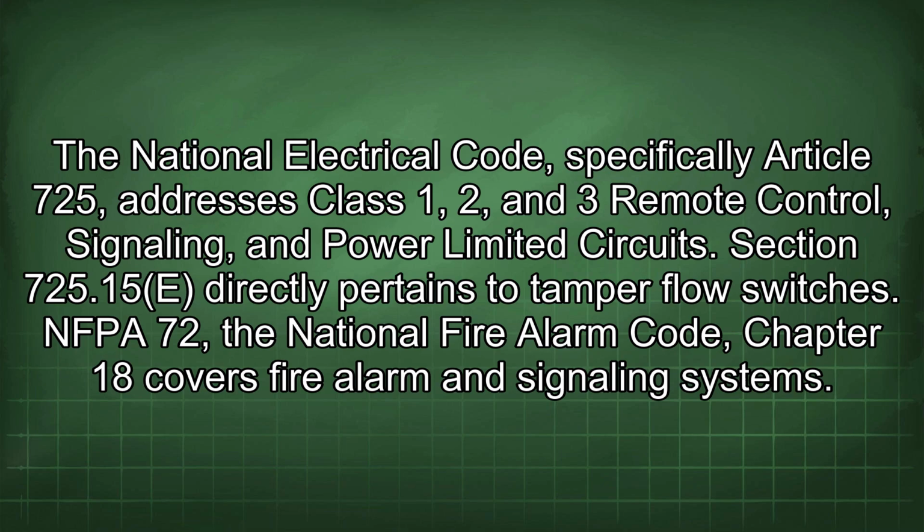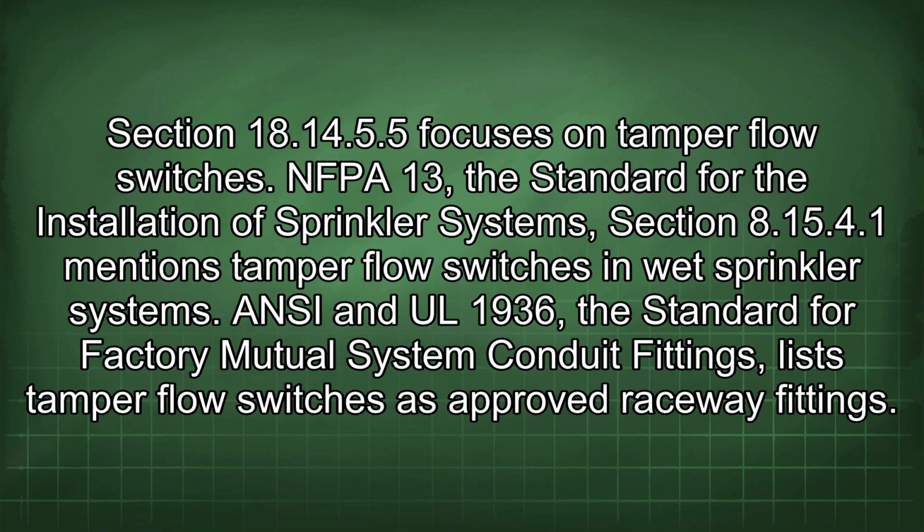Section 725.15(e) directly pertains to Tamper flow switches. NFPA 72, the National Fire Alarm Code, Chapter 18 covers fire alarm and signaling systems. Section 18.14.5.5 focuses on Tamper flow switches. NFPA 13, the standard for the installation of sprinkler systems, Section 8.15.4.1 mentions Tamper flow switches in wet sprinkler